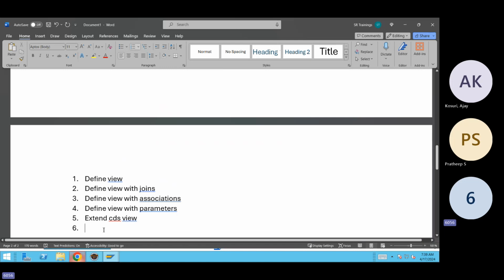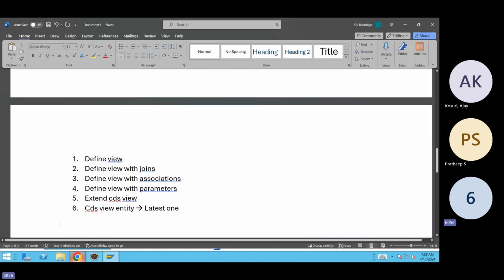Yeah, CDS view entity. View entity. So this is the latest one. This is your latest one. Okay. So now, in order to create the CDS view, you need to open your